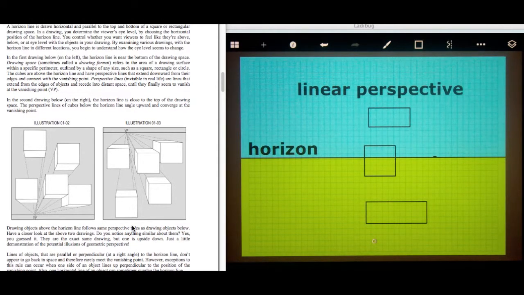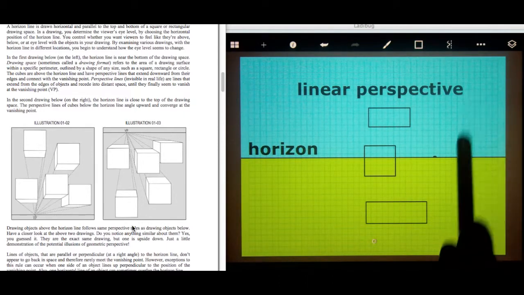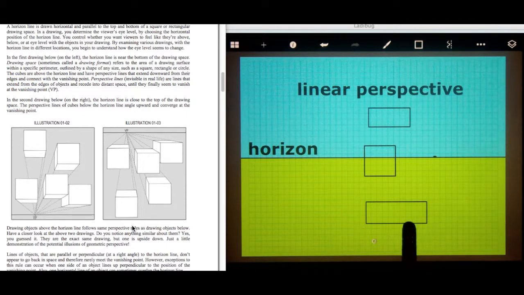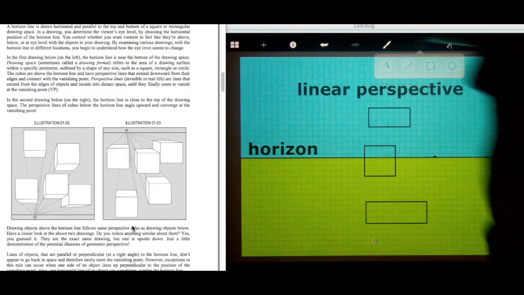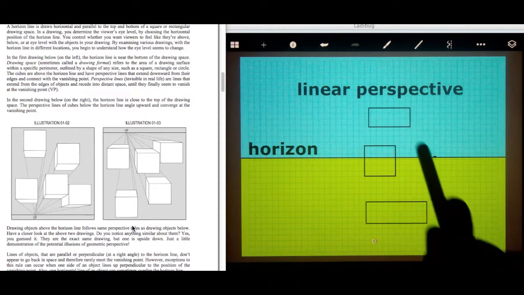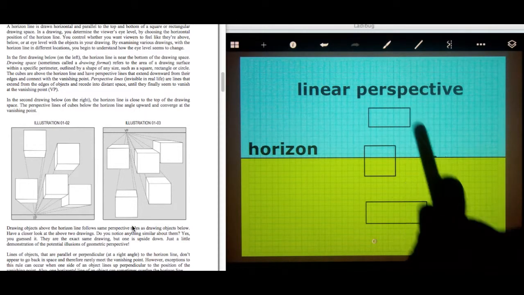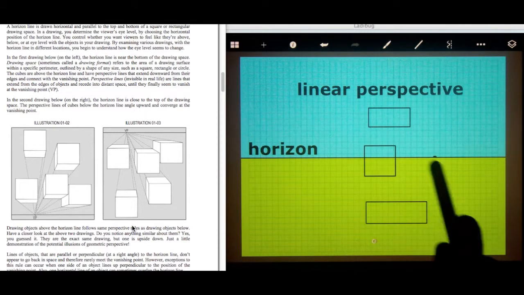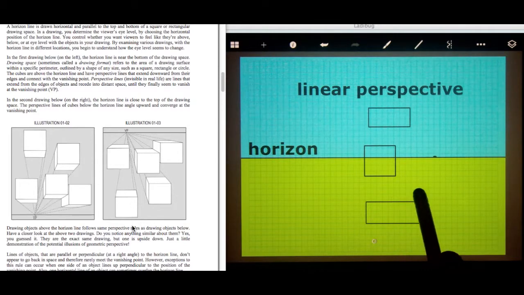Now, please note that that horizon line must be parallel to the top and the bottom of our drawing area. That's one of the reasons we're working with the grid, so we get it perfectly parallel. Then we'll use the line tool to draw lines from each of the vertices that correspond to that vanishing point and draw them in, like the